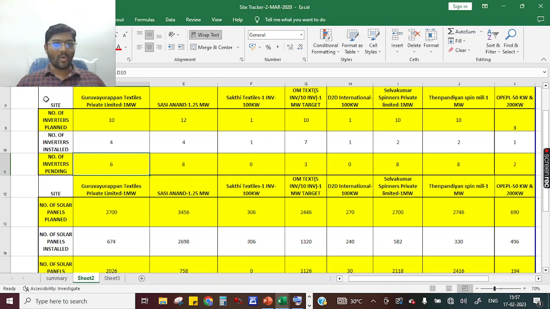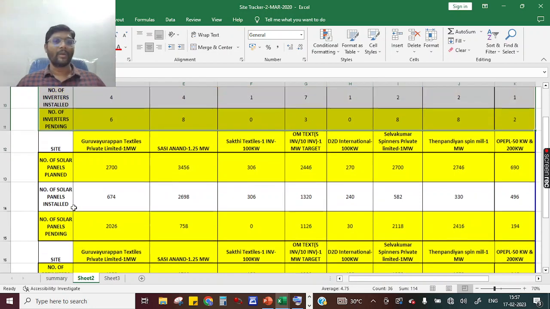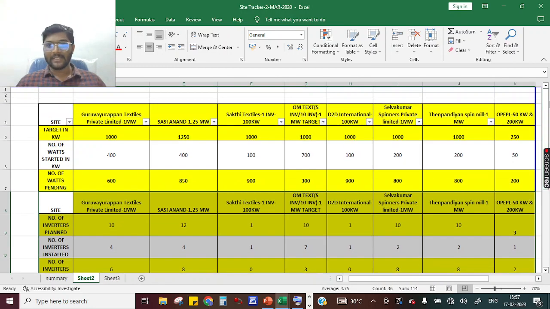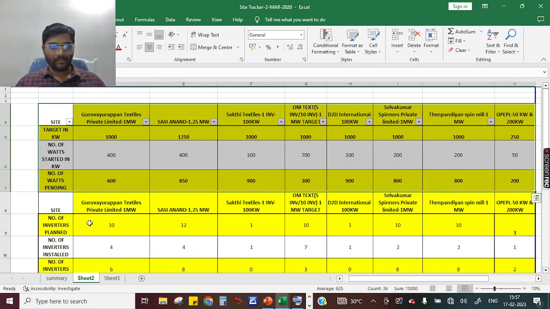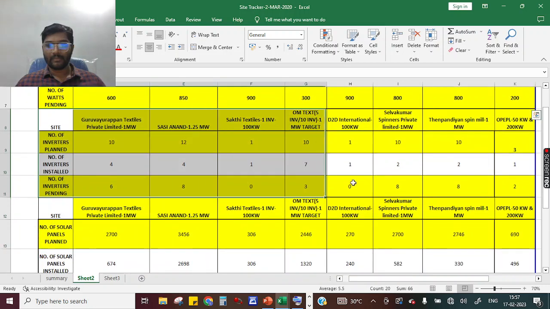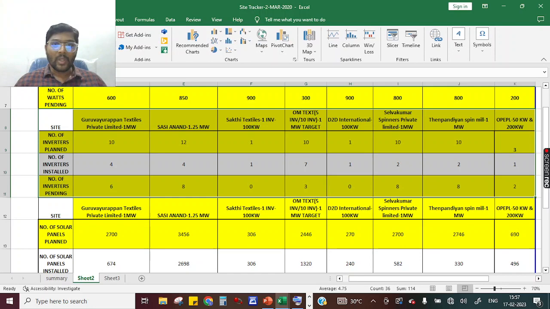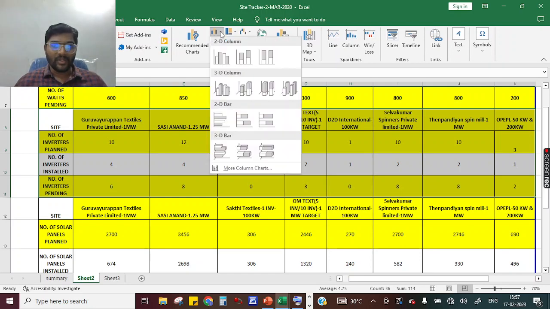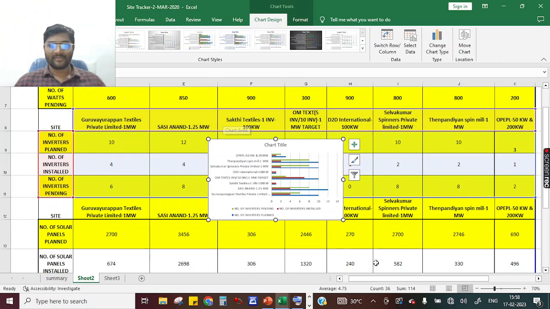Now I want all these values in a table or column. So what I am going to do is select the cells. Okay, I am just selecting it. There is an option called Insert. In Insert we have so many charts. Now let us try to use the 2D bar chart. If you select it, you know,